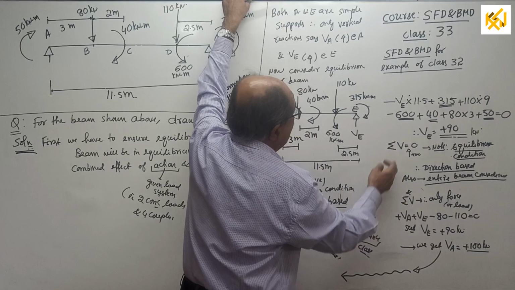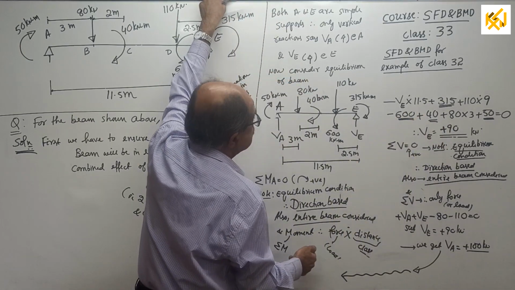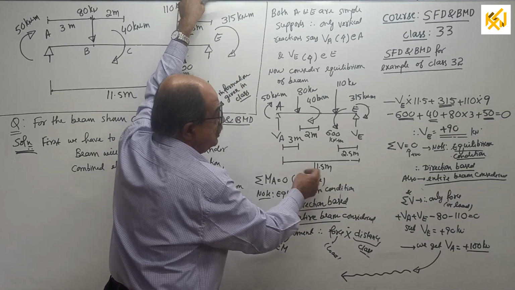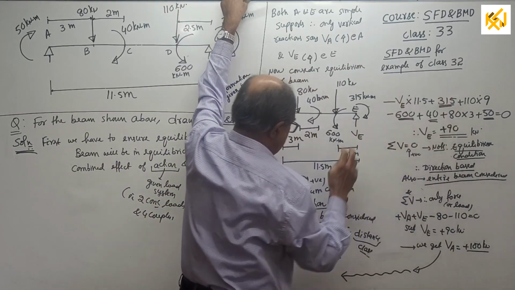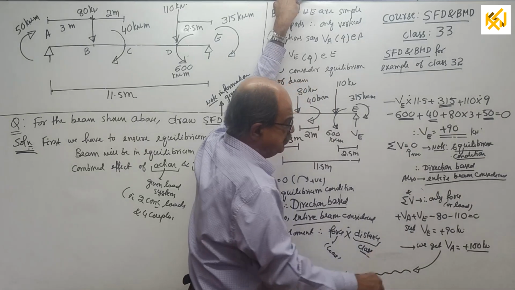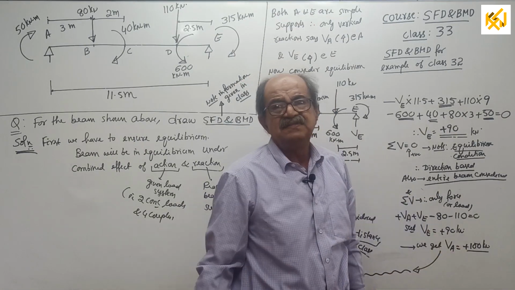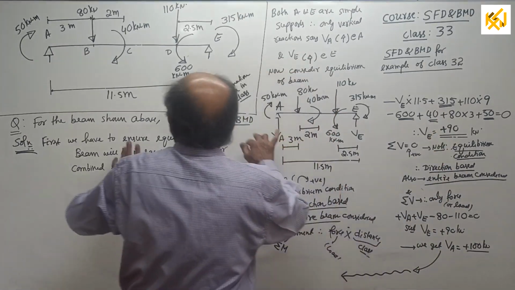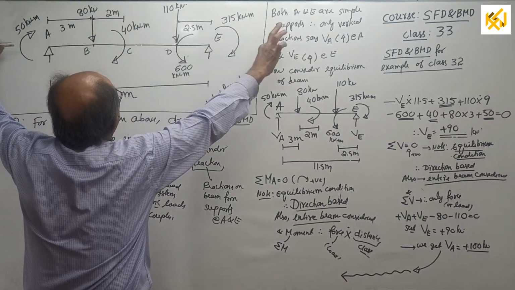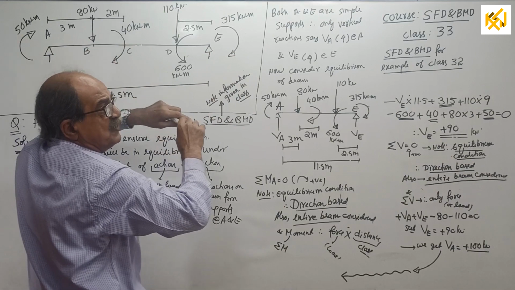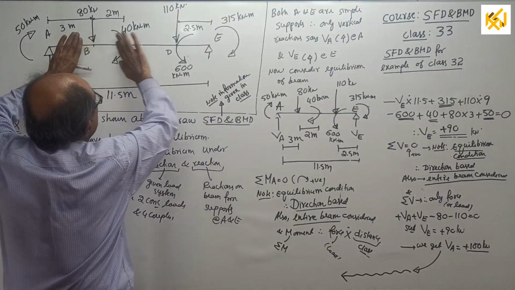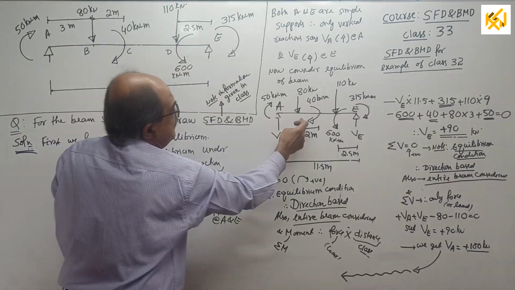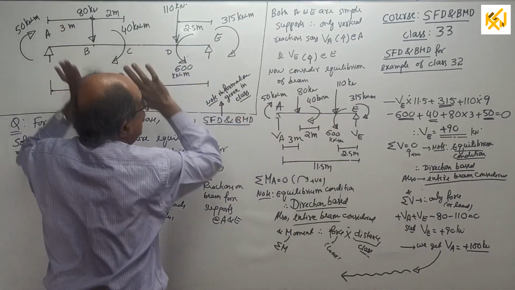Even if you consider anti-clockwise positive, see here, you will get the same plus 90. Even if you take downward positive, you get the same plus 100. These all I explained earlier. So now, somewhere here, we will put the beam neatly. I will put a double line there so that I can show a section. I will enter everything. And next, one more thing. Here, see, I entered the couple, whatever way they give.